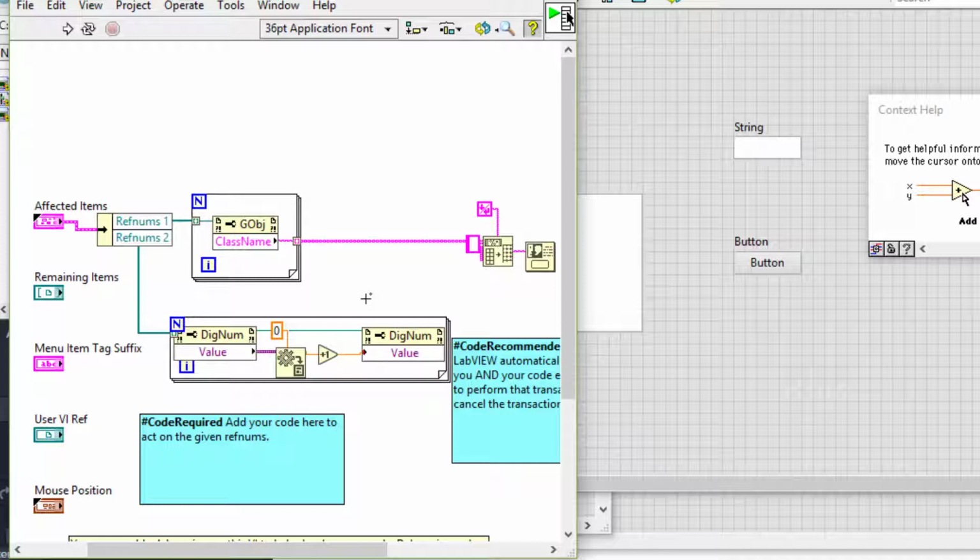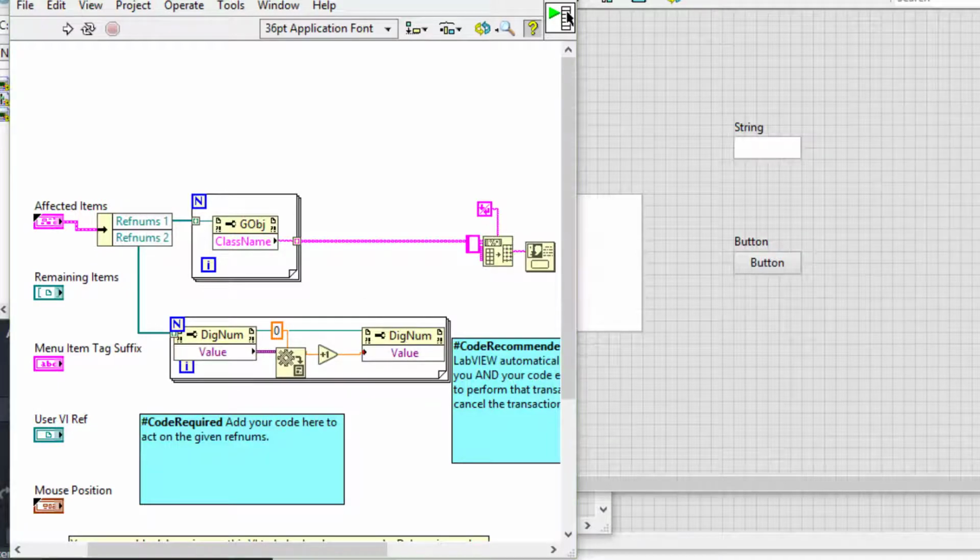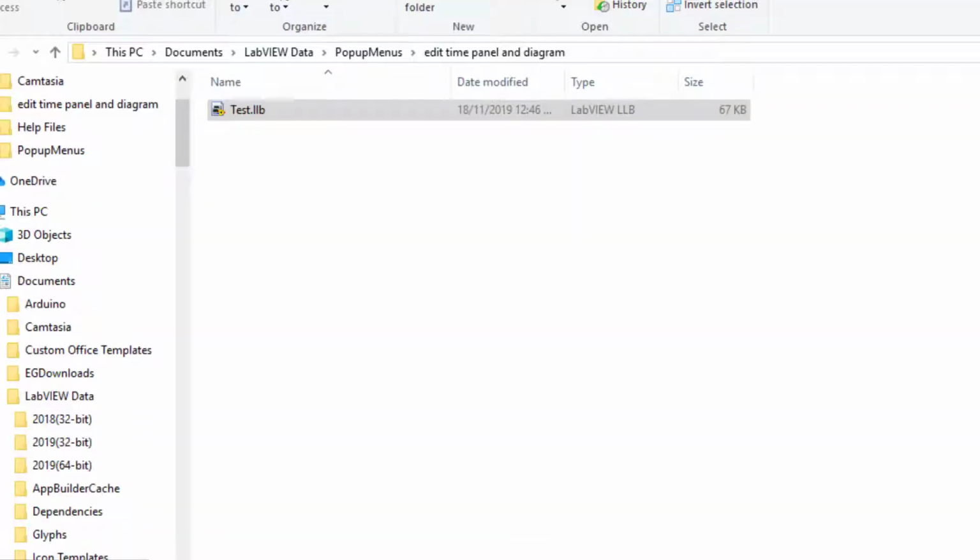Many plugins perform a similar functionality. We may find sub-VIs useful for our plugins by browsing the plugins that LabVIEW provides. These plugins are located in this directory. Let's go to